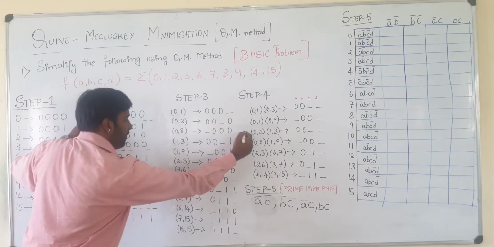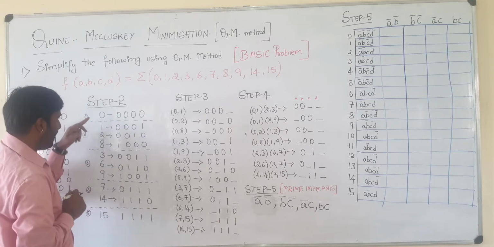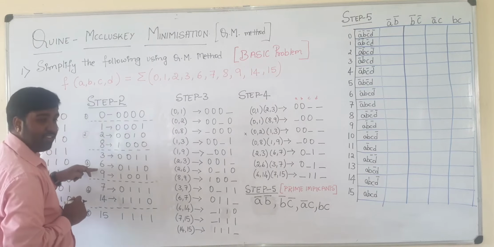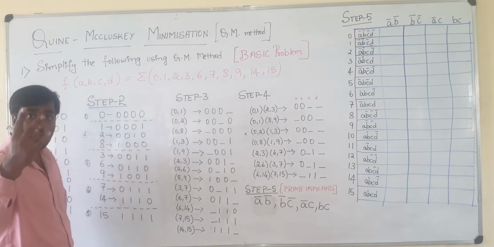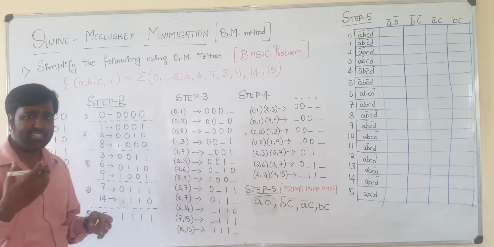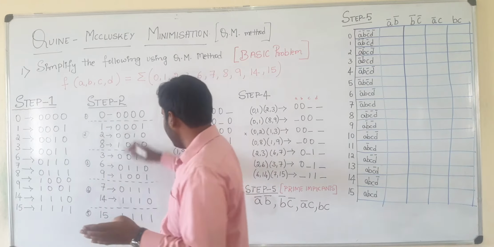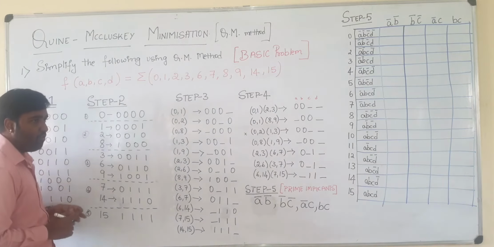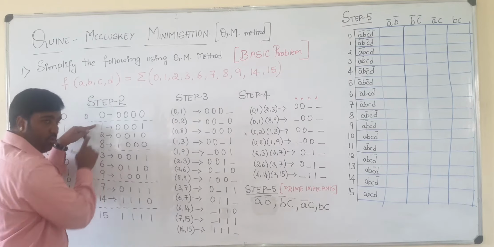After completing one number in a group, I will start comparing 0 with 3, which is not possible. Why? Because this group contains two ones, so you will not be able to map with the next group. Going further, you can just check it out. So instead, now we'll go with the second group. Observe clearly. I take 1 now.